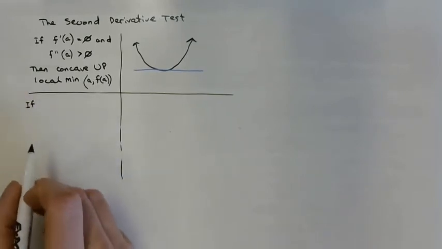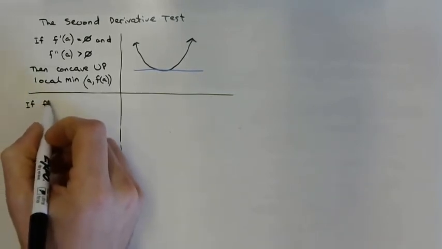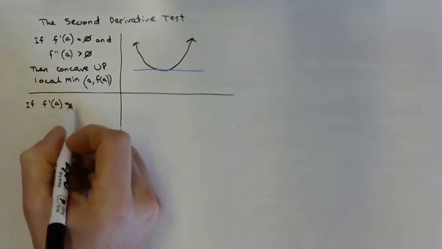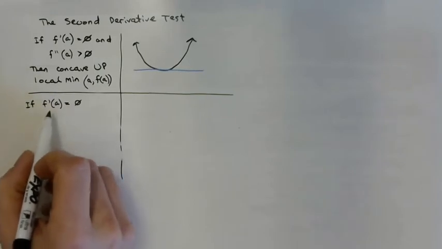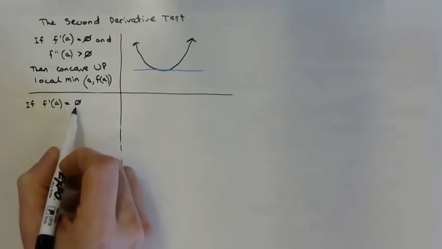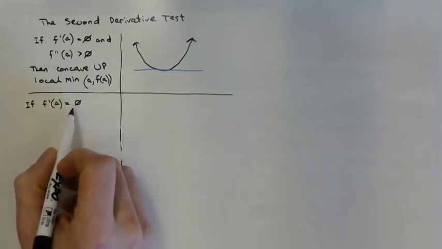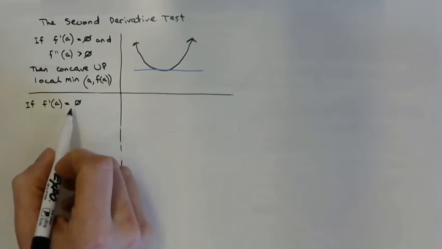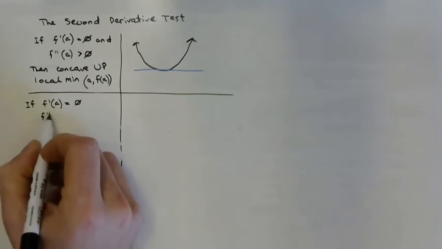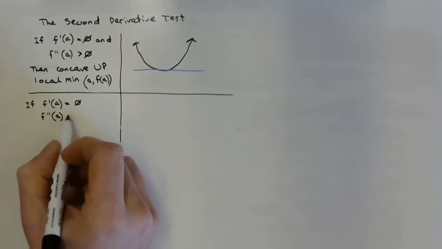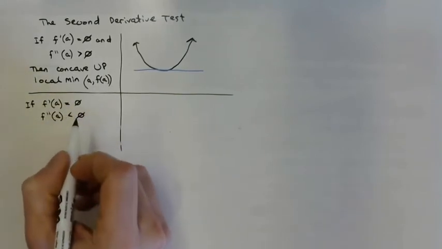Another option, if f prime of a equals 0, what does that mean with regard to the original curve? Maximum or minimum? It's a maximum or a minimum because the slope is 0. So it's a change of direction of the original curve because the slope at that point is 0. Good. If the second derivative at that point is less than 0,